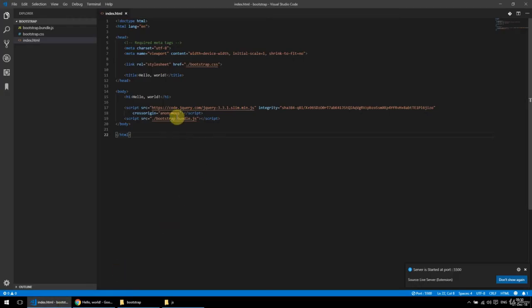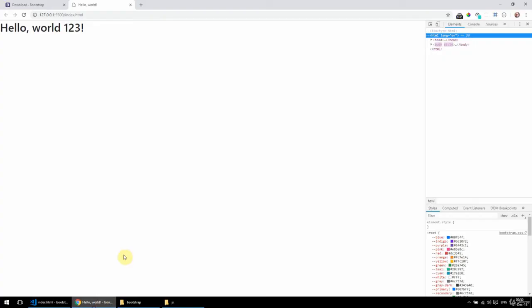But now if I make a change, let's say here hello world 123, and I have autosave on in my VS Code, so whenever I move focus away from a file, it gets saved. But right now I'm gonna click Ctrl S to save, but I'm not gonna do that in the future. So save, and as you can see, it refreshed automatically here. So that's what live server does.